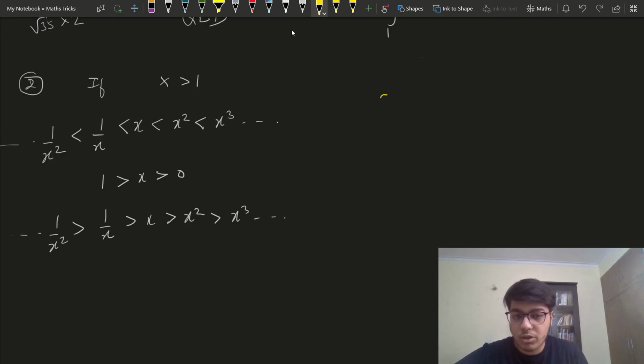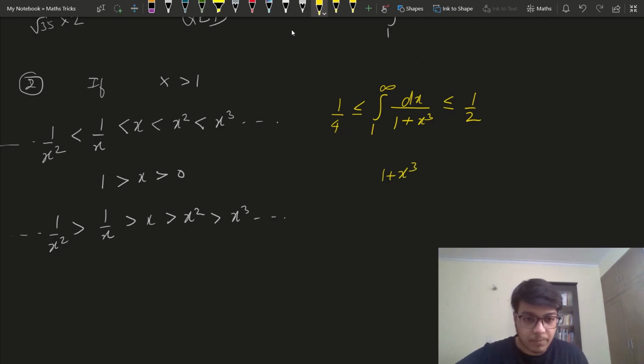Say for example this question: the integral from 1 to infinity of dx upon 1 plus x cube. You need to prove that this is less than or equal to 1 by 2 and greater than or equal to 1 by 4. तो इसको कैसे करेंगे? 1 plus x cube को देखते हैं. So इसको देखें तो क्या होगा कि x 1 से बड़ा है, यहाँ पे दिख रहा है, तो x cube,